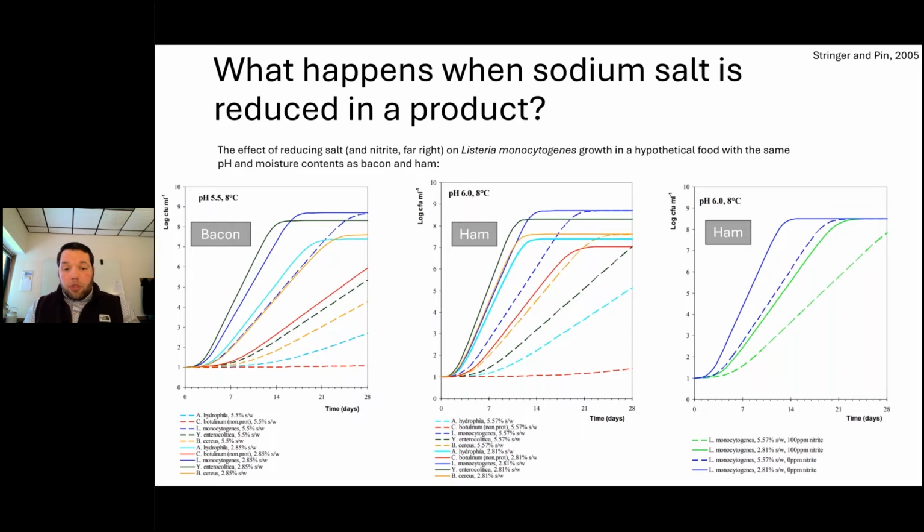If we increase the pH, which makes growth a little bit more favorable, we see that the growth rate is increased across the spectrum, but we still see the effect of salt. Finally, in the third panel, in a ham product inoculated with Listeria monocytogenes, we would expect to see that higher salt dictates a higher level of control, but we also see an interaction with sodium nitrite, which can also be a very potent antimicrobial. And in this case, there might be some synergy. And you can see that when you distinguish the green and the blue lines, the green being those with nitrite addition.